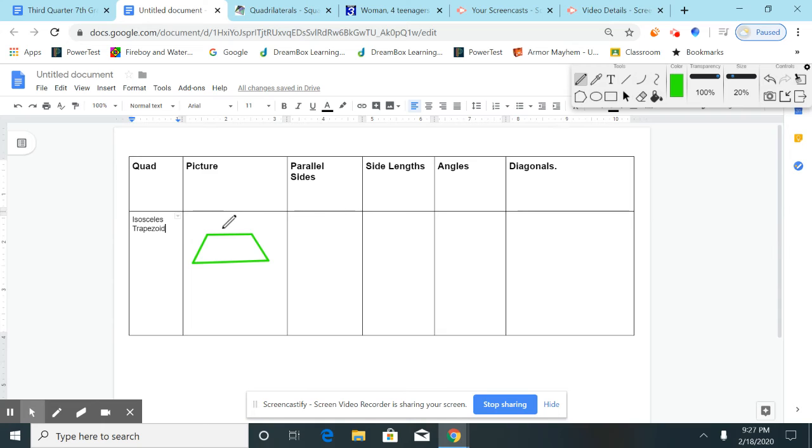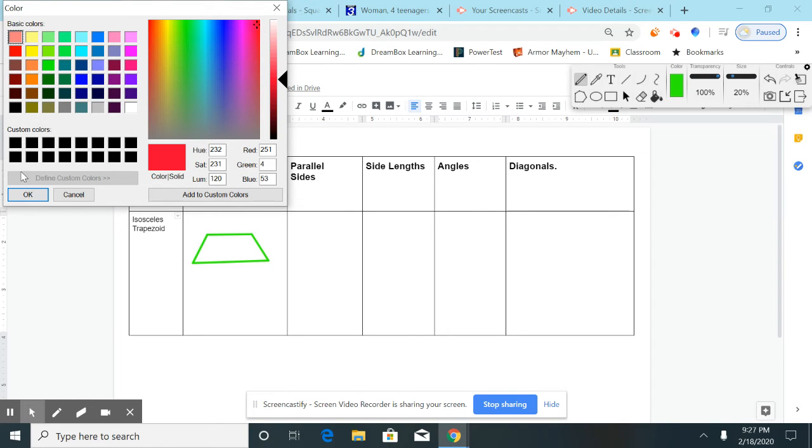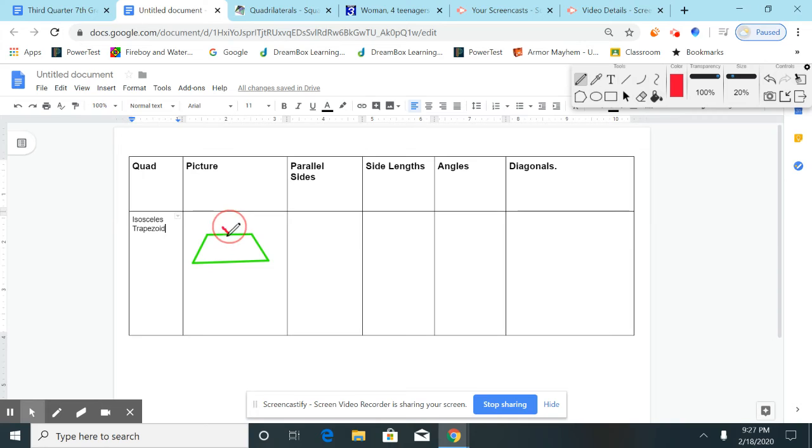So your parallel sides, to be a trapezoid, it has to have one set of parallel sides, like that one we did on top a few minutes ago. So mark your one set of parallel sides, top and bottom, go on forever and never touch, left and right. That's not true for. That's all you got to do for the marking part of this one. Let's skip over to parallel sides. I know you don't have this exactly on your paper, but an isosceles triangle, or excuse me, an isosceles trapezoid does have left and right equal sides. So left and right equal